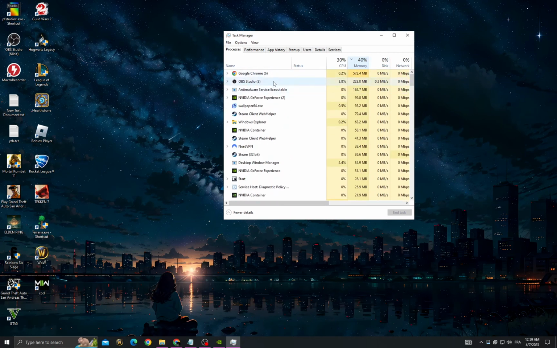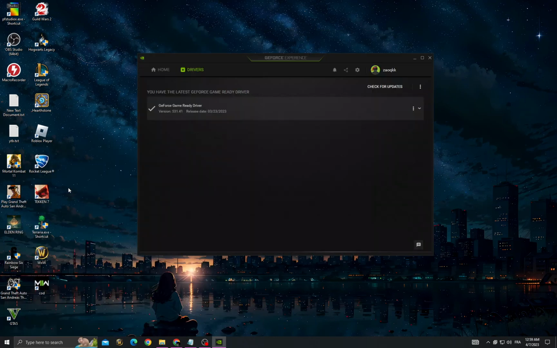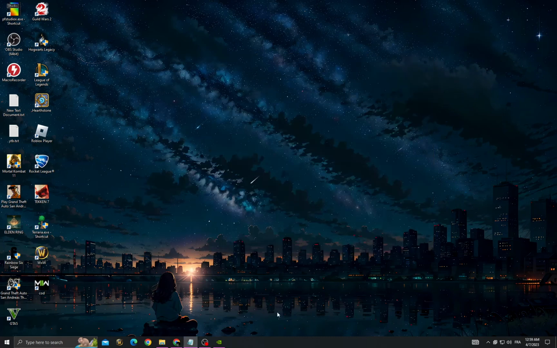Just close all the applications, right click and end task, and after that go to GeForce Experience drivers and make sure you have the latest update, and that's it. If you find any update, download and install it,